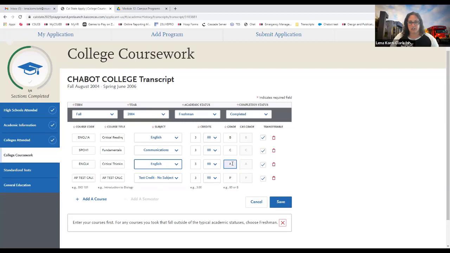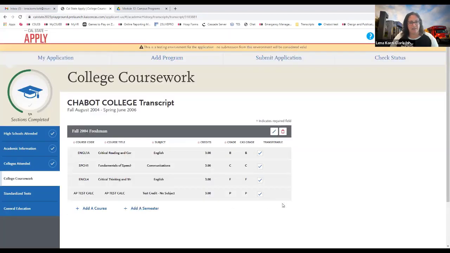So let's say I failed English this first time. So I'm going to change this grade to an F. And now that means that it won't show up on my general education. It is a critical thinking class, so it is required for transfer. So when I enter in my next term that I took it, let's save it and get to the next term, and add the next